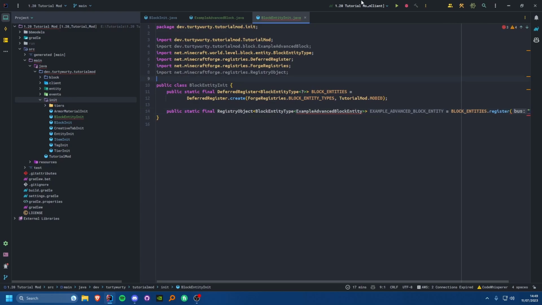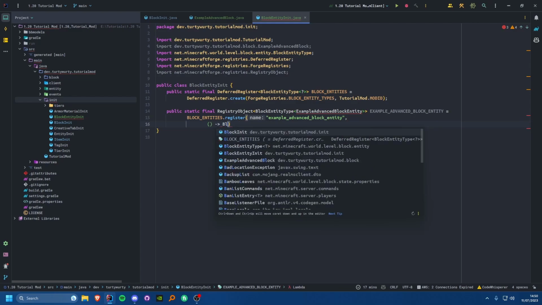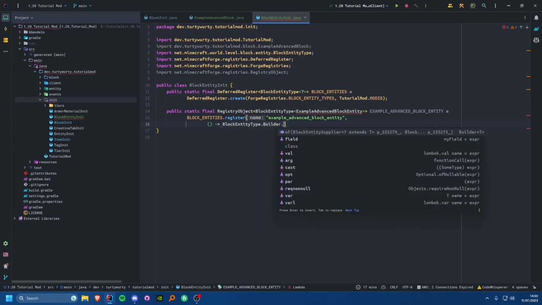Give it your name as you usually would do. So we'll give it the name example_advanced_block_entity. Once again, as usual, that needs to follow the general conventions, so lowercase, no spaces, no special symbols, etc. And we're going to give it a supplier of BlockEntityType.Builder.of. There you go.